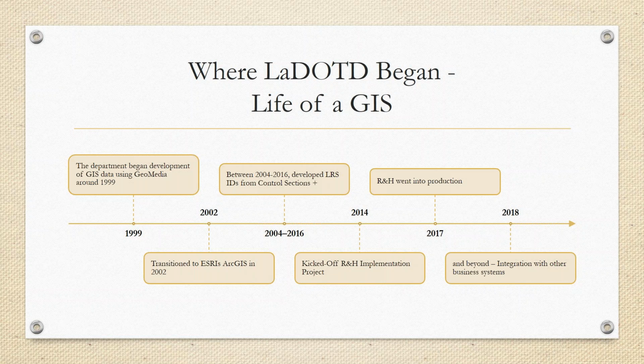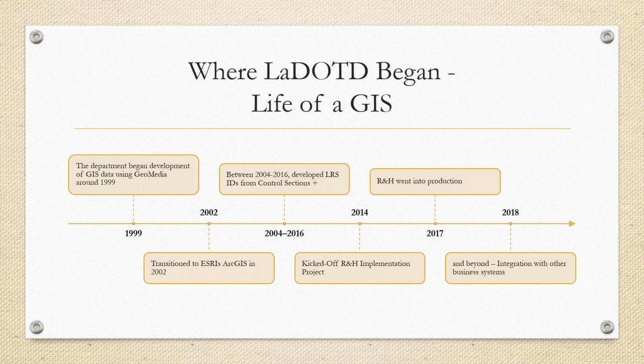2002. My boss and supervisor, Daryl Mack, began developing an LRS in about 2004, and that really continued using control sections until 2016. And I think if you notice on this timeline that we actually began or kicked off our roads and highways implementation in 2014. So we were still developing the LRS ID in a sense when we began roads and highways, and that's kind